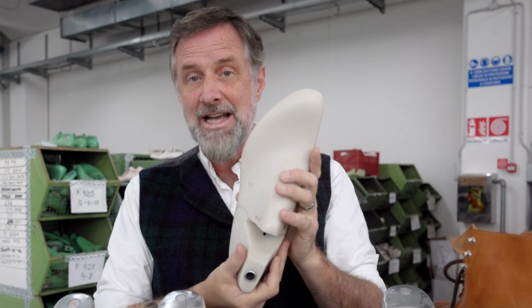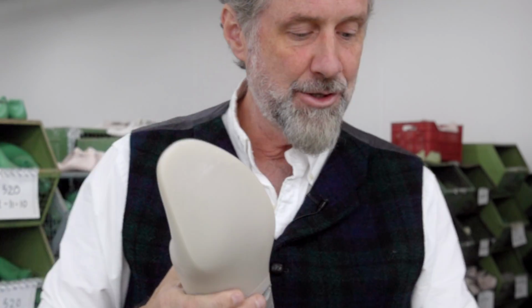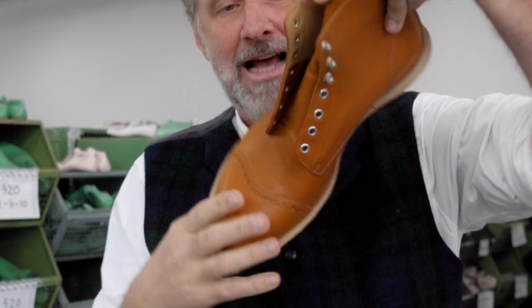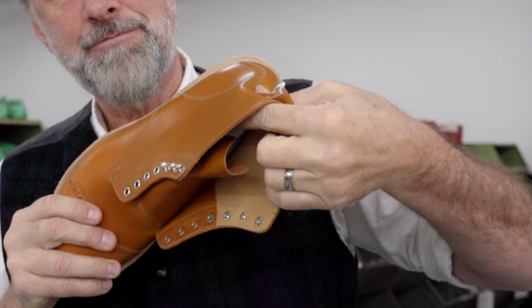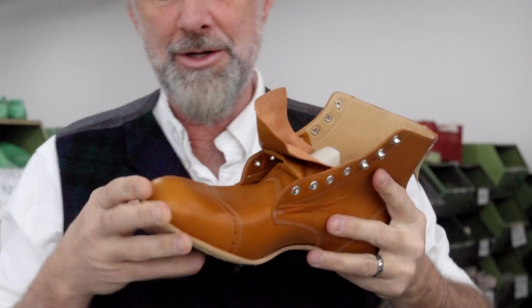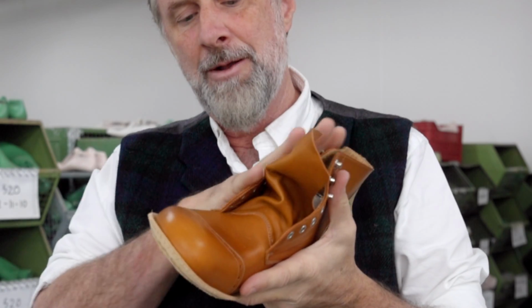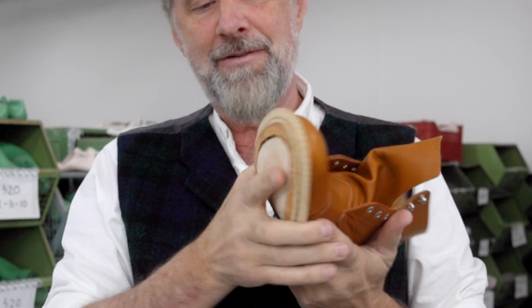This is the shoe last. It's called a last, and you wrap the leather all around it. So this has a last on the inside. See that? Here's a last here, and it sits on here for 48 hours. So this last goes in, they wrap, they sew all of the upper, they put the eyelets on, they do all this stuff, and then they